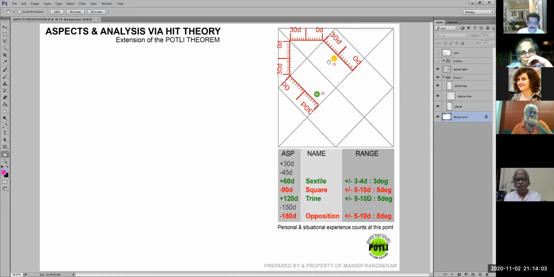Now I have said that Jupiter is at 15 degrees in this house. That means it has traveled 15 degrees in the Rashi. And this one has traveled 20 degrees in this Rashi. So if you see the difference or the hit from this, it is 30, 60, 90 plus 10 more. So the difference between this and this now becomes 100 degrees.